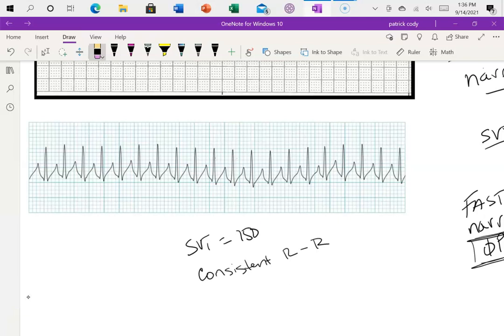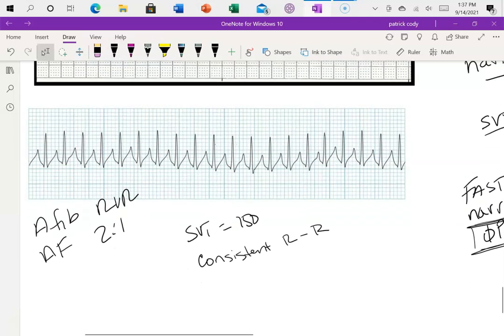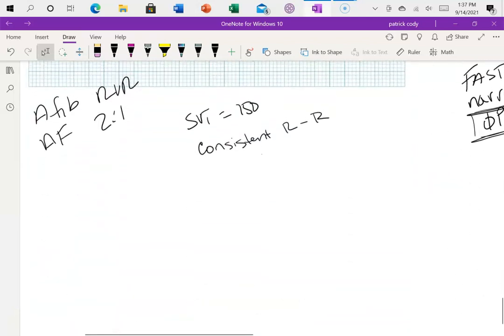And so the biggest thing that you're going to confuse SVT with is actually atrial fib with RVR. So AFib with RVR, or sometimes a flutter with a 2-to-1 block. If you've got an atrial rate of 300, you'll have a ventricular rate of 150. Similarly, AFib with RVR can be so fast that you won't even see the scribbles of the P waves. And so in that situation, it can be difficult to differentiate these fast atrial fib and flutter from SVT. Well, the good news is, they're all technically SVT when they get that fast. And if you really can't tell the difference, probably most of the time, it's not going to hurt anything to